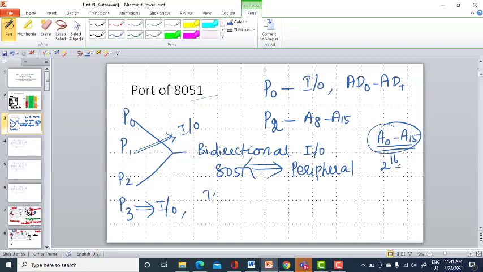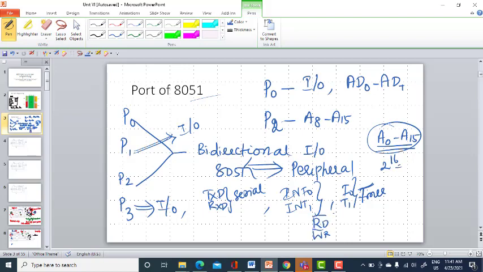So, you have the TXD pin and RXD pin, which are used for serial communication, then you have INT0 and INT1, which are used for interrupts, and you have T0 and T1, which are used for timers. And two more are nothing but the read and write control signal pins.